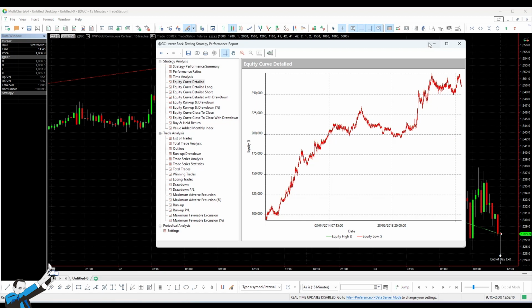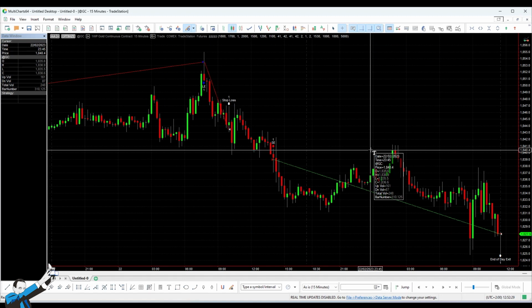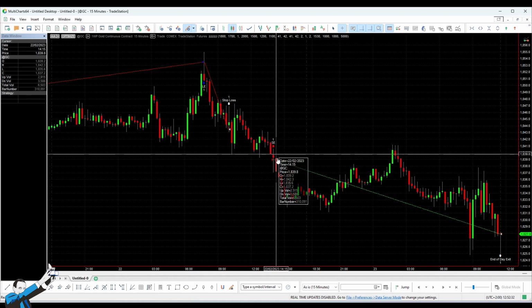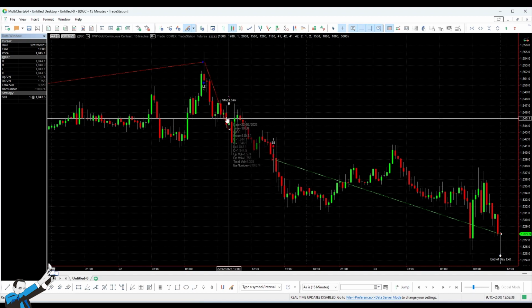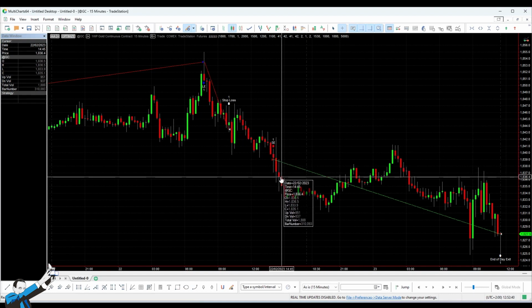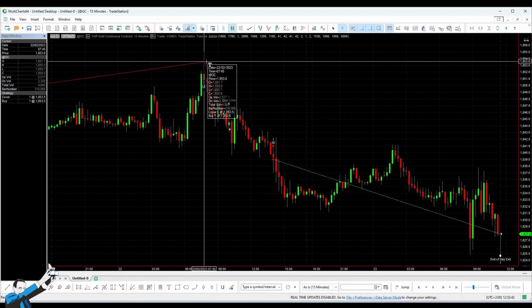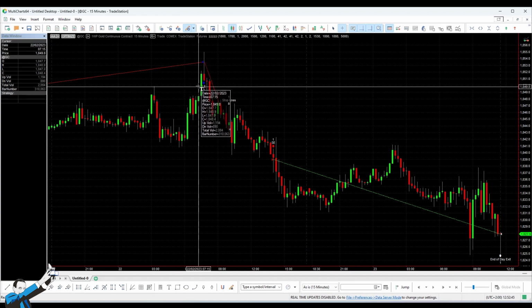Now, without going into too much detail about the trading system, we said that this strategy, this method of trading, is based on breakout entries, and it is based on trend following. For example, you can see here that we go short, so we sell a contract when the market seems to be in a bearish trend. And we go long, so we buy when the market seems to be bullish.